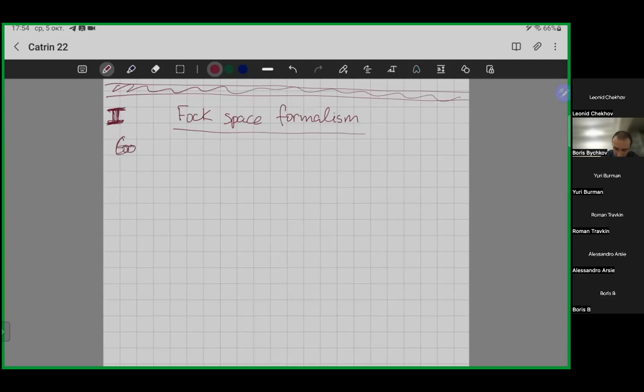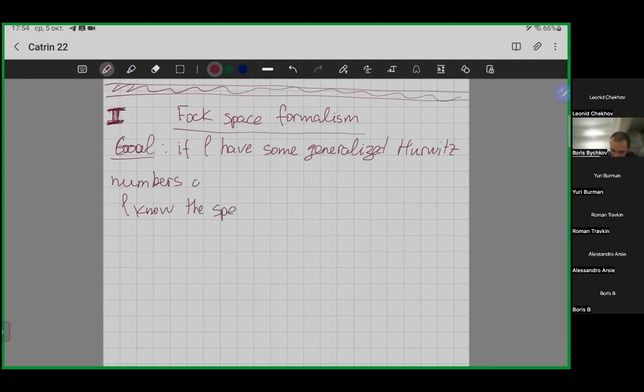My goal now: if I have some generalized Hurwitz numbers, and I know the equations of the spectral curve,